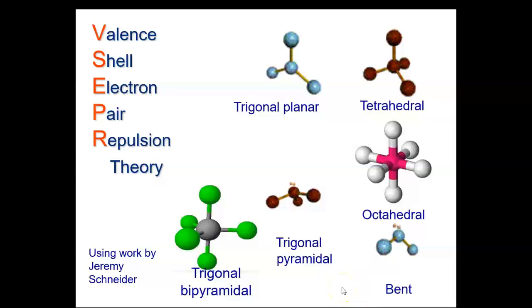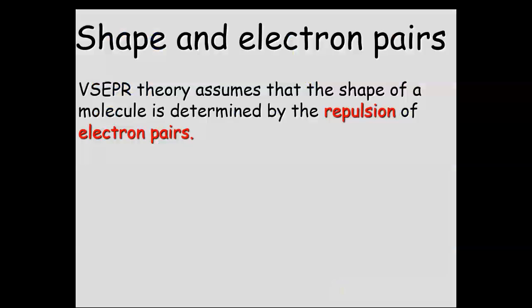Let's take a few minutes to begin our study of valence shell electron pair repulsion theory. And you see here the shapes of molecules that can result from our work, or some of them anyway. VSEPR, that's how it's pronounced, assumes that the shape of a molecule is determined by the repulsion of the electron